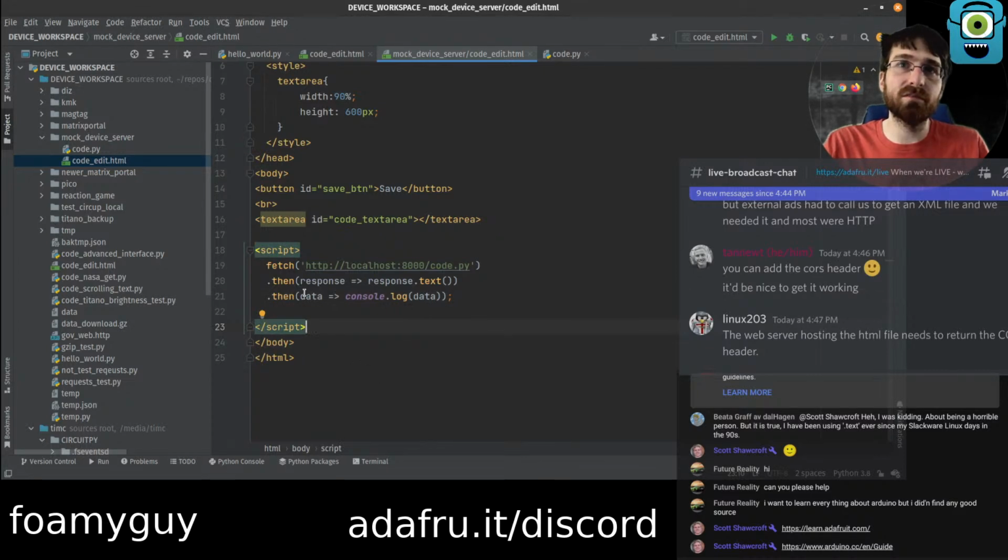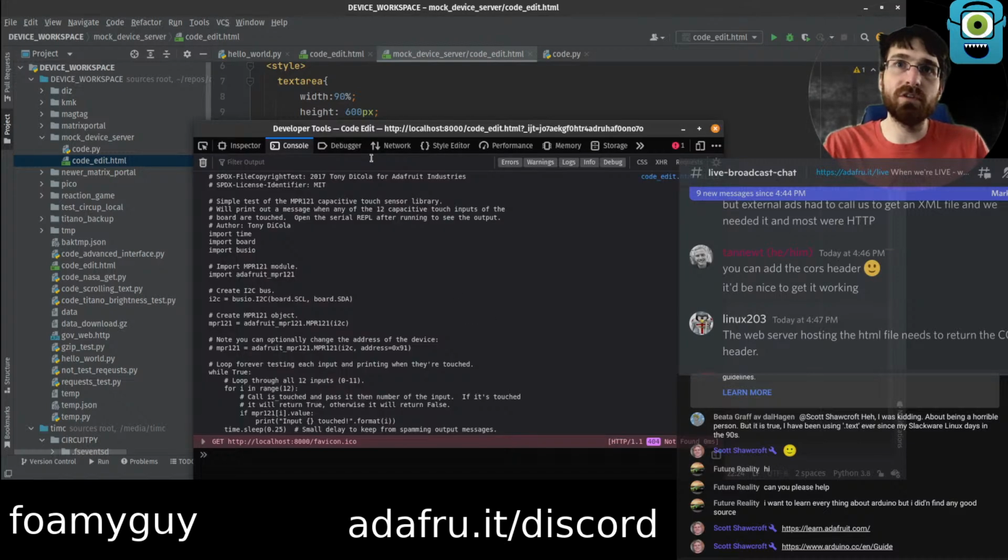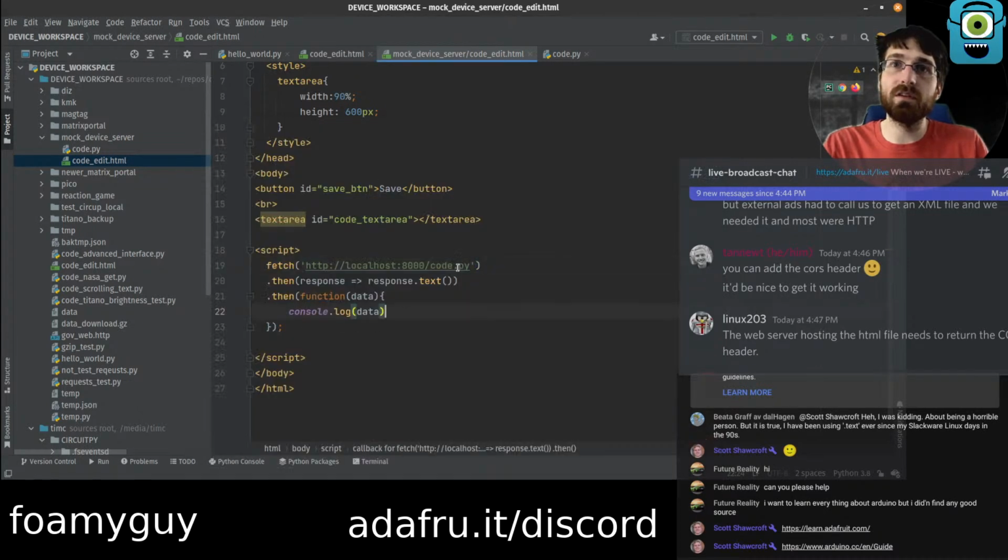I'm gonna redo this thing. I don't care for this syntax. I'm gonna make sure I didn't break it. Nope, still works. Okay. So then instead of console log it, we're gonna put it in the text area, which